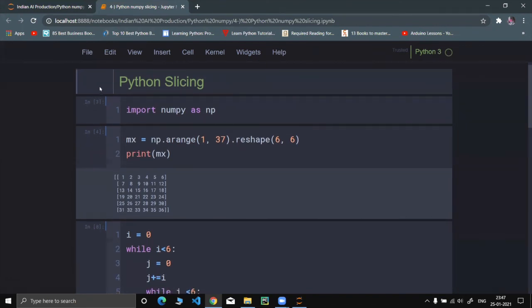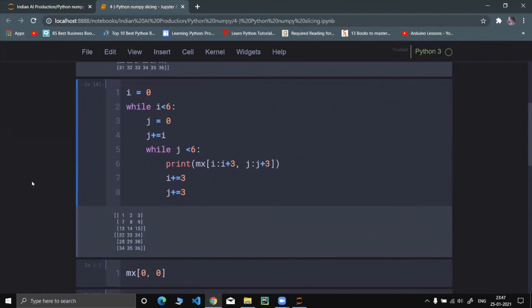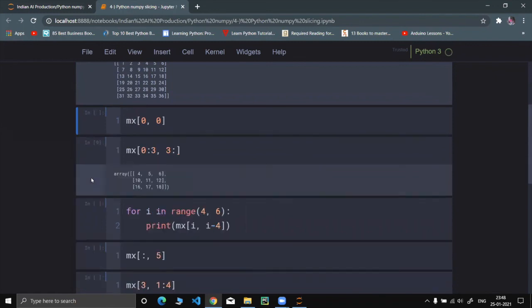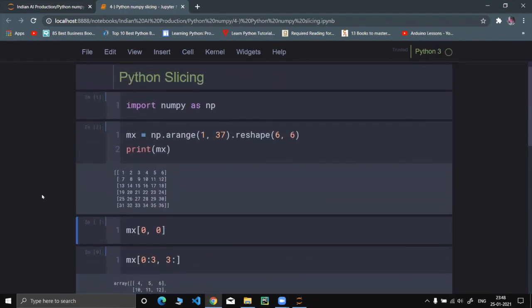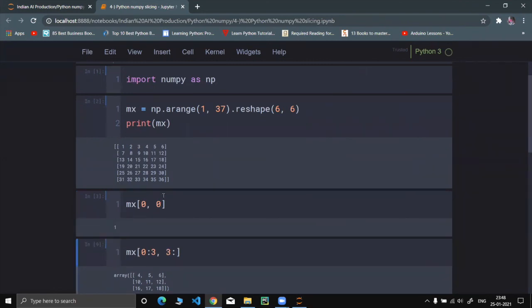Now, slicing in Python is similar. Similarly, we do slicing of elements in the array also. Let us see how that is done. I've created a 6 by 6 matrix. We represent the shape of a matrix in row comma column format.